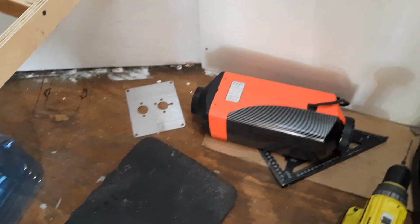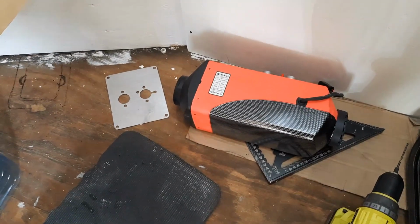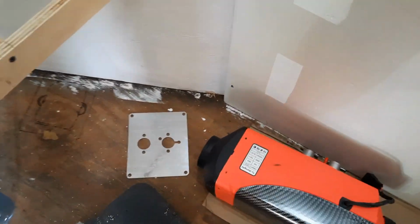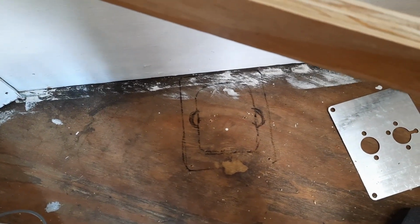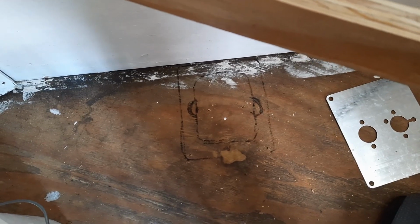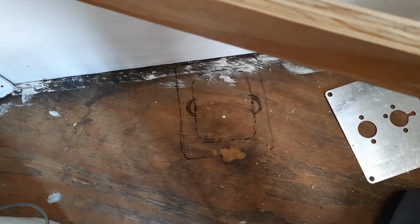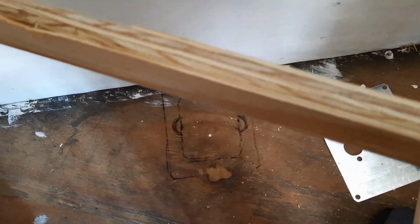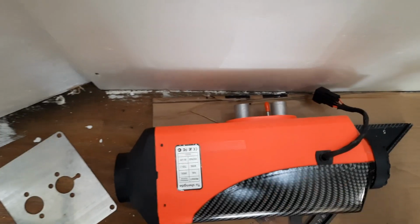Getting ready to install my diesel heater where I can get to it. So it's going to go right down there, and I'm going to open the flooring up that much to get it away from the exhaust so I can get easy access to everything underneath. So that's going to be where it's at, and fresh air will come in from this cabin area here,